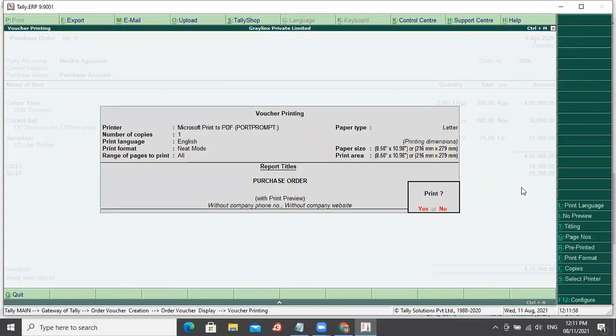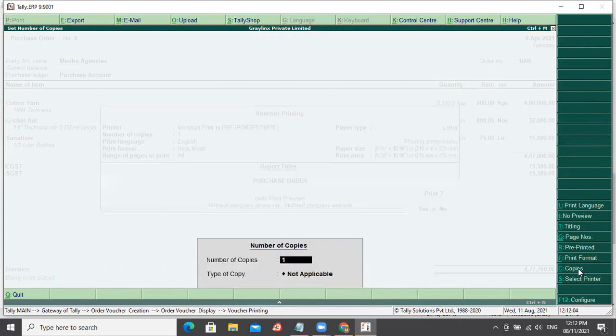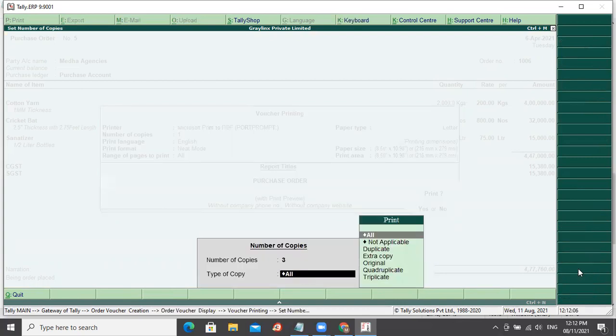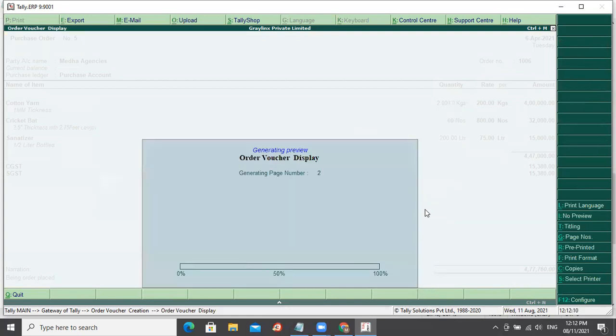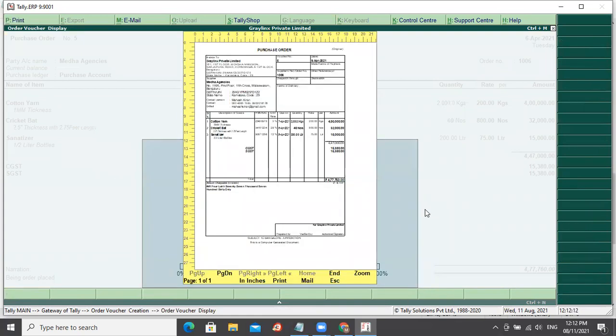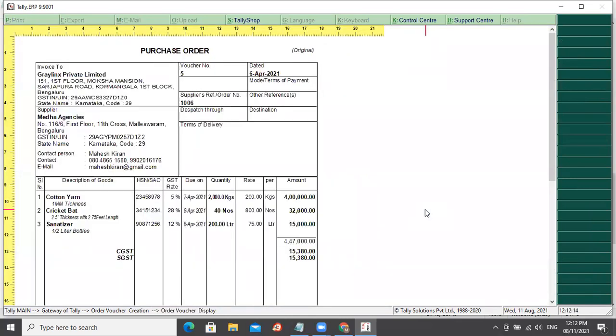If you want to print this, say yes. If you want a number of copies, say you want 3 copies, click on copies and specify 3. If you want 3 copies to be printed, say yes. So if you look over here, zoom it.